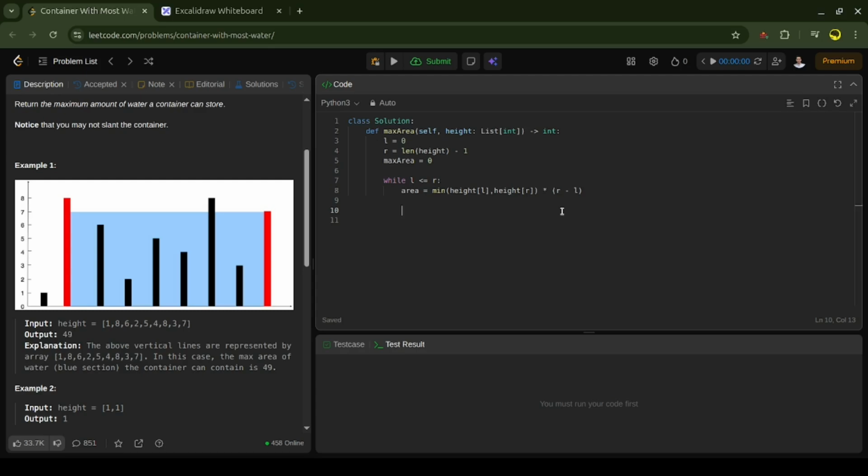Now area calculated, and we are gonna put the condition: if height L is less than height R, that means if the height is less, then we are gonna increment L. Else I'm gonna decrement R, because there are two pointers, so we bring the right backward in every iteration and bring the left forward. So R minus equals 1,